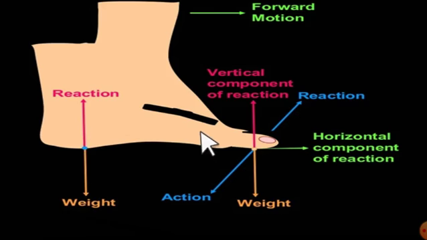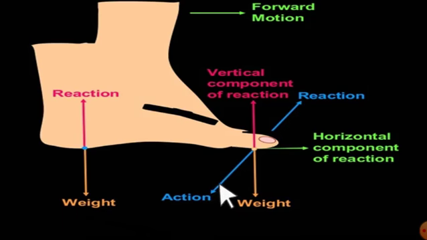But what happens while we are walking? This weight will be there vertically downward, and when you pull your heel upward, the action or the force will be acting along this direction because you are going to move forward, right? So the force will be acting in this direction, not vertically downward. When you push your leg in this direction, that will be the action. That force pushing your leg onto the earth will be in this direction, so we may call this the action.